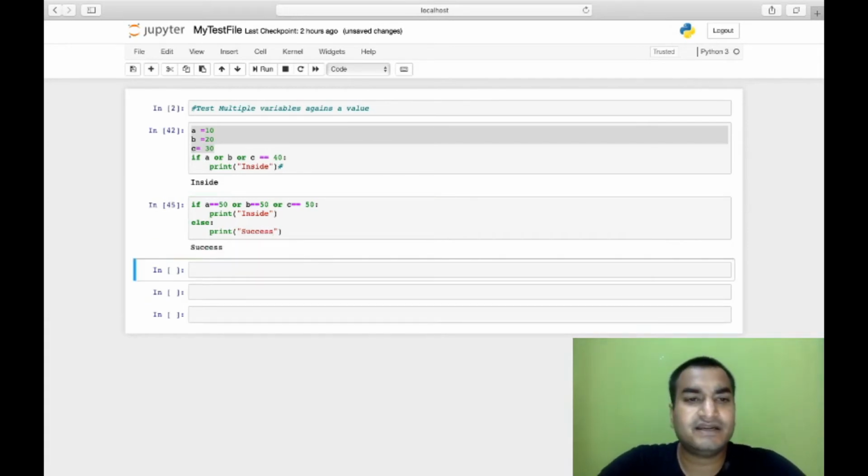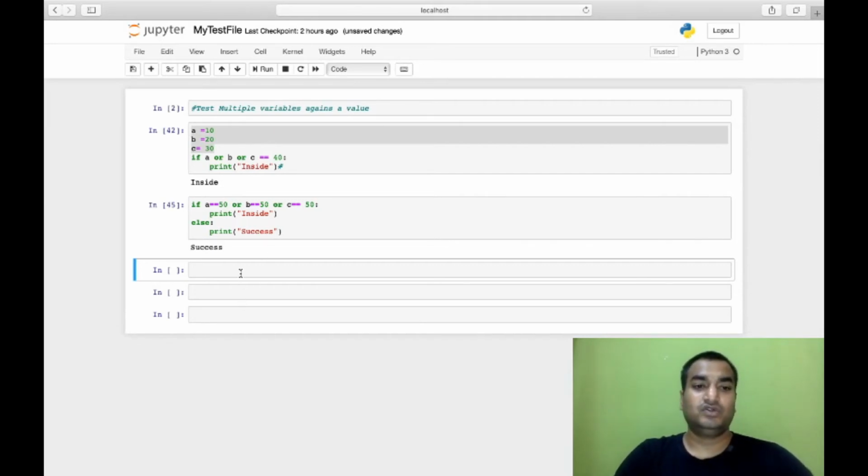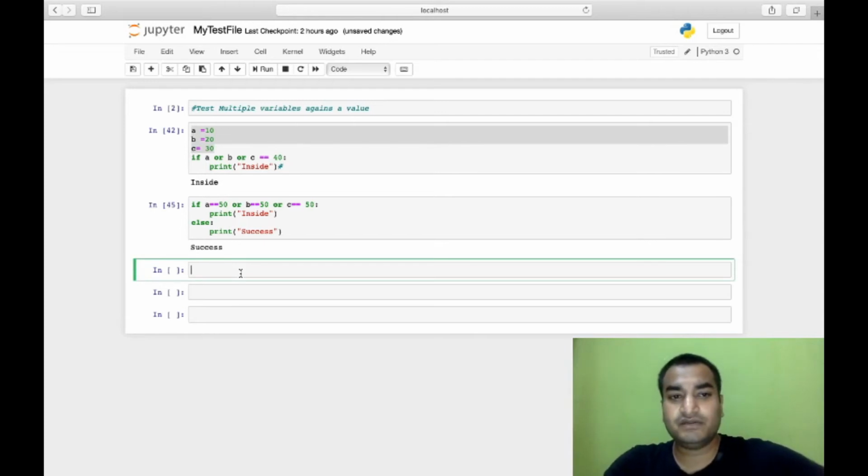So here a, b and c are compared separately with the value, but this is a very tedious job, because as variables increase, suppose there are 5 variables today, and after 1 week we have to define a new variable. Making the condition, adding more and more, is a very tedious job. So we have to find another way so that coding becomes quick and easy. This is the other way I am using to tackle that.